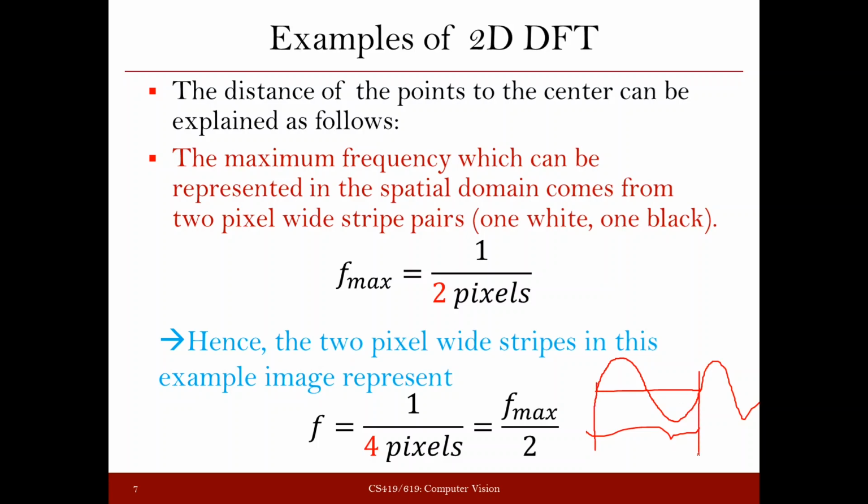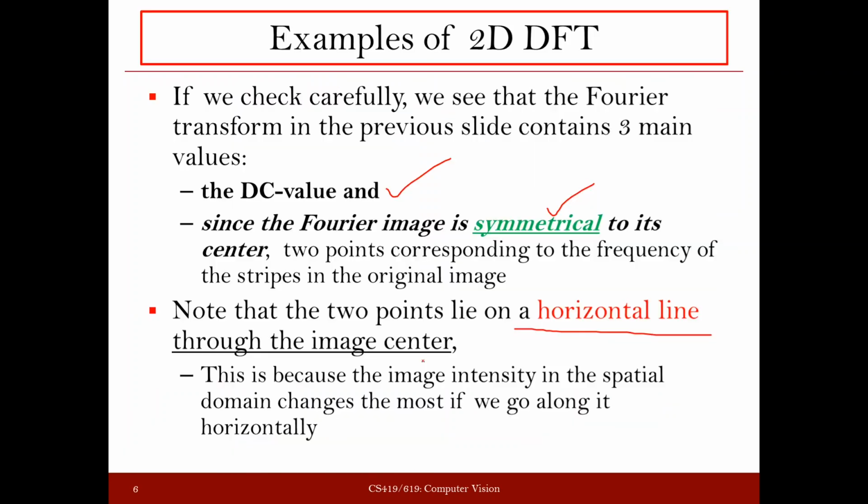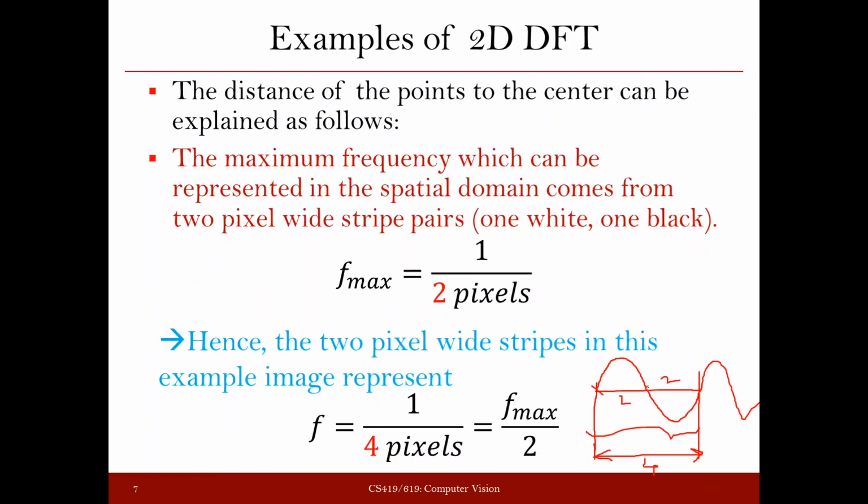In this case, the time period is defined from the time it takes to reach from here to here, and you find that this is equal to a total of 4 pixels, because these two strips that we are considering are 2 pixels wide. In this domain, which in our case we call the spatial domain, if you assume it is a time domain, then to cover 2 pixels you need 2 unit time.